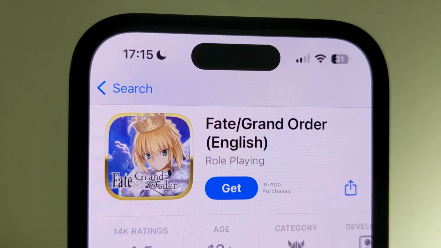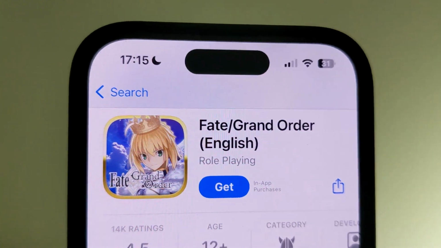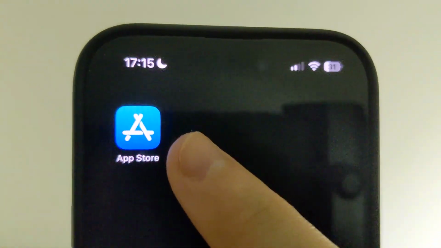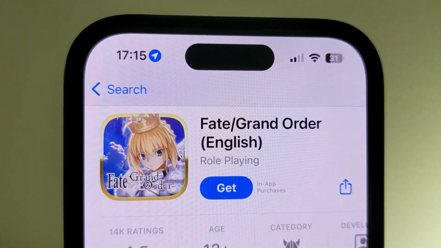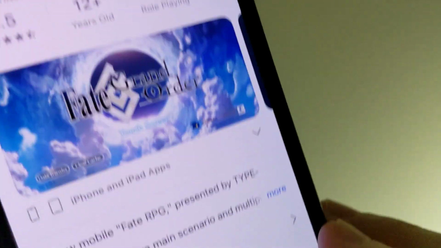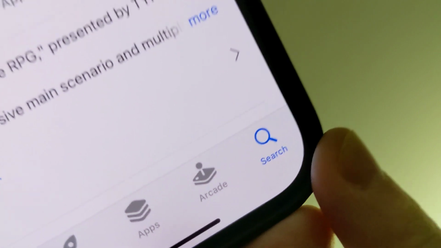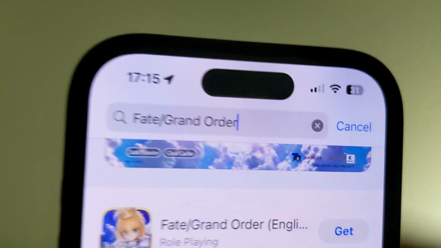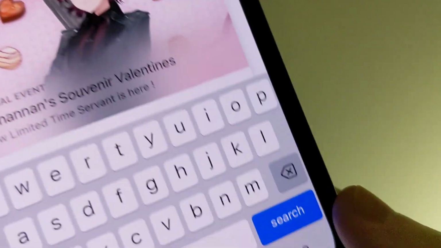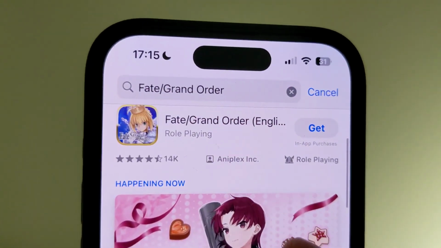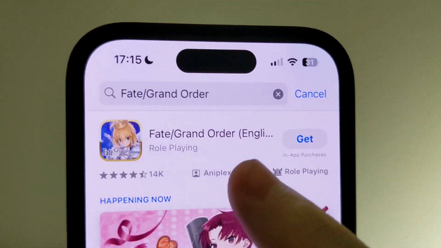So first thing first, open App Store, click on that blue icon right here on your home screen, then make sure that you log in on your Apple ID account, then click on the search button right here, and in the search bar type Fate Grand Order and go search right here. Then scroll down a little bit until you find the game. So click on that,